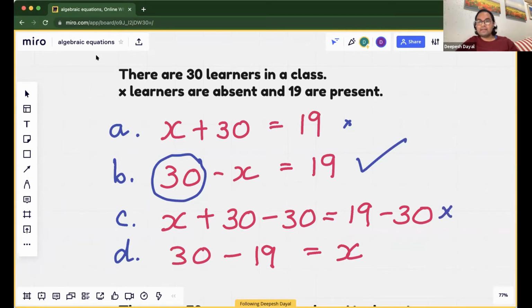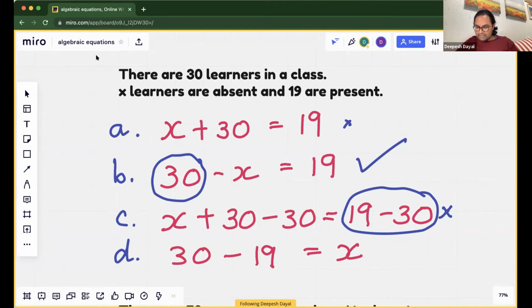Sir, C is a bit complicated, sir. Yes, it's quite long. I do see some parts of it where I see the reasoning, but it's going to be negative. This is what I have a problem with, that you have a negative number here, which you can't have. There can't be negative absent people. It has to be a positive number of people who are not here.